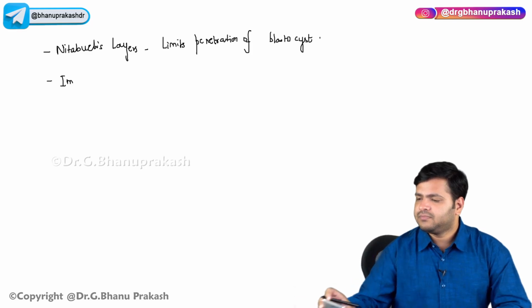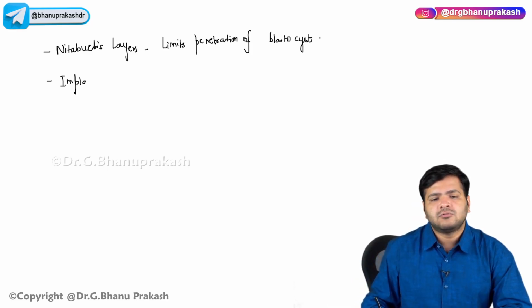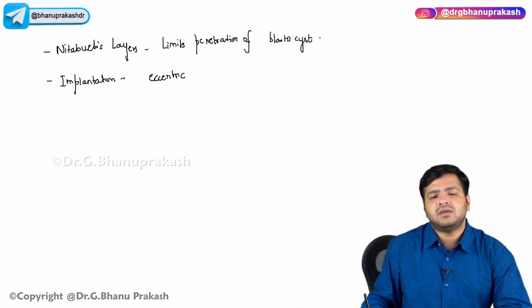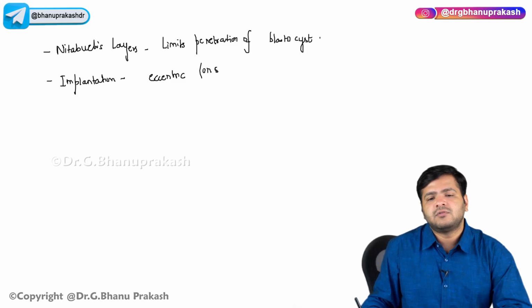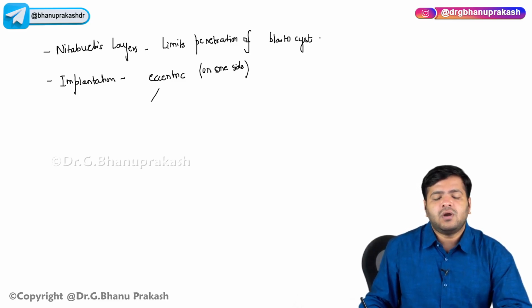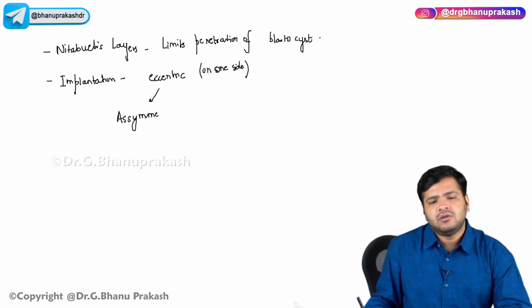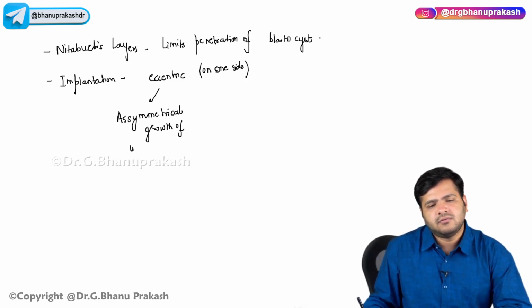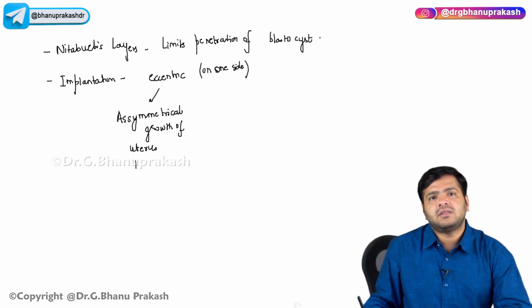So remember the implantation is eccentric, it occurs on one side, okay? So, what happens? There is asymmetrical growth of uterus in the early pregnancy,